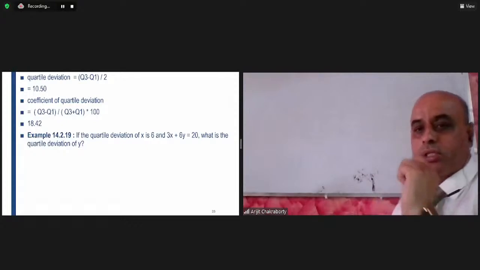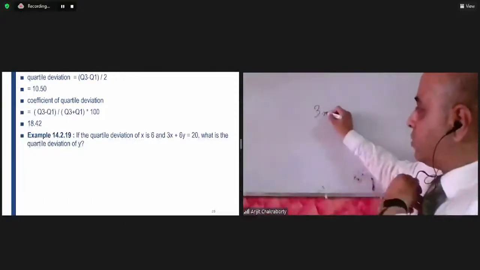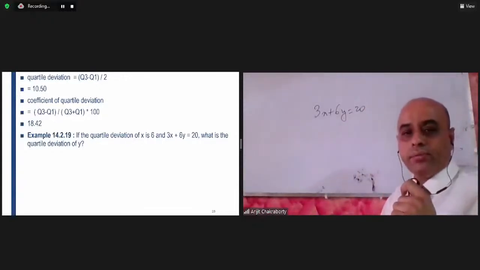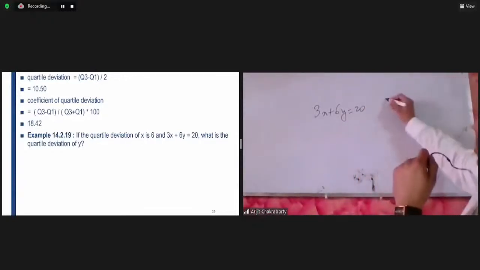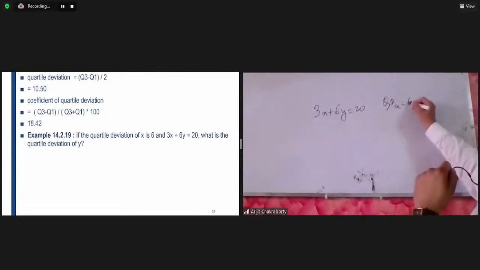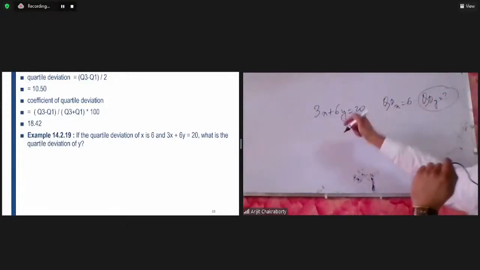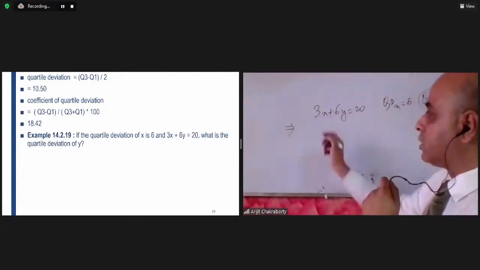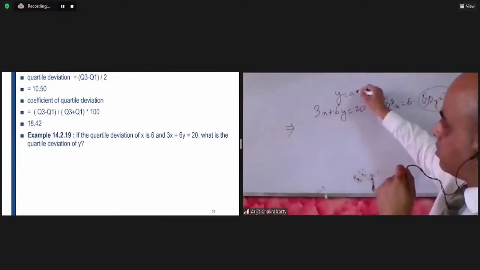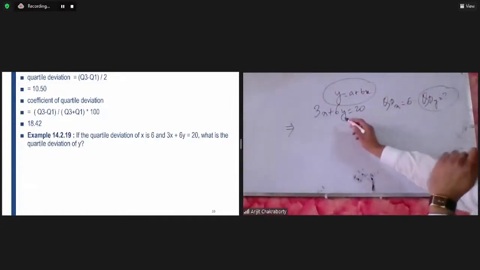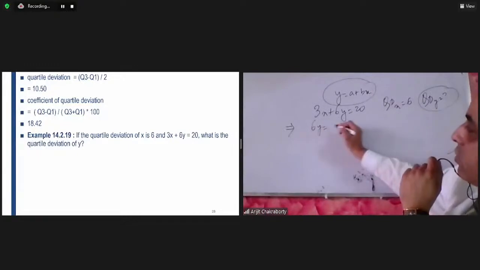So it is given 3x plus 6y is 20. 3x plus 6y is 20. And we know quartile deviation of x is 6. So QDX equal to 6. We have to find QDY. We don't know. This is to be found out. We know this and this is given. So from this equation, I can write, please remember the form is y equal to a plus bx. A plus bx. So I can write it like this, 6y is equal to